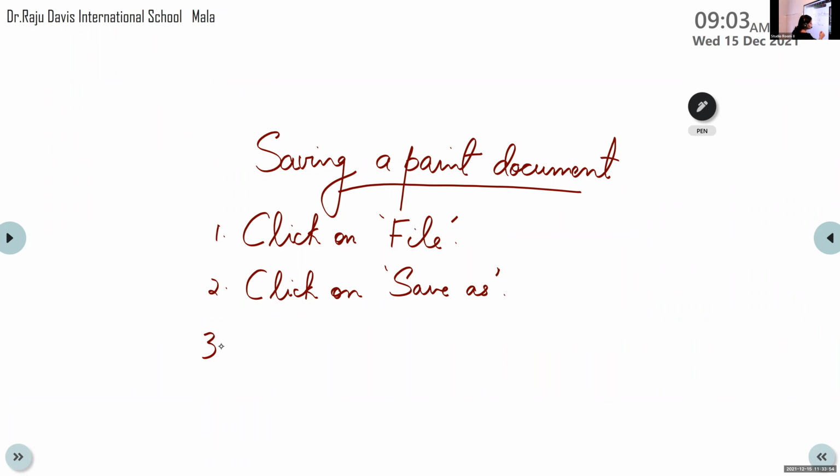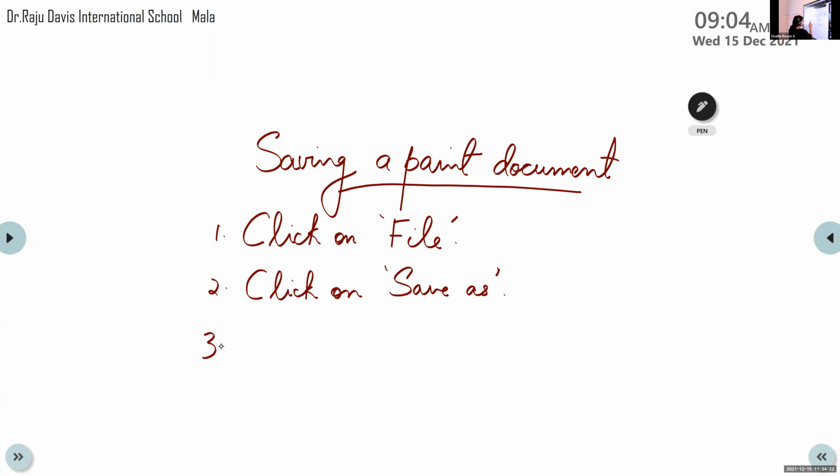Document. What is the spelling of paint? P-A-I-N-T. Paint. File is F-I-L-E.